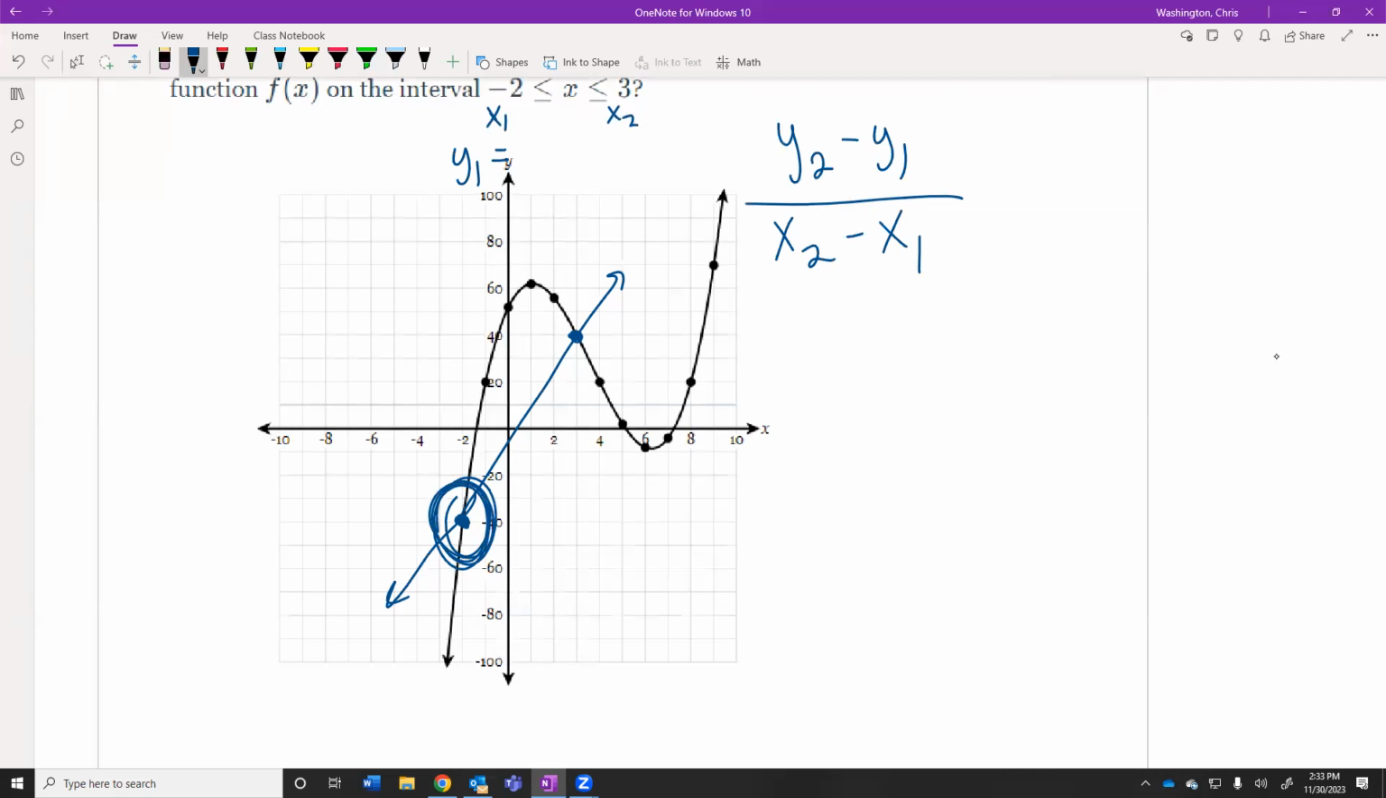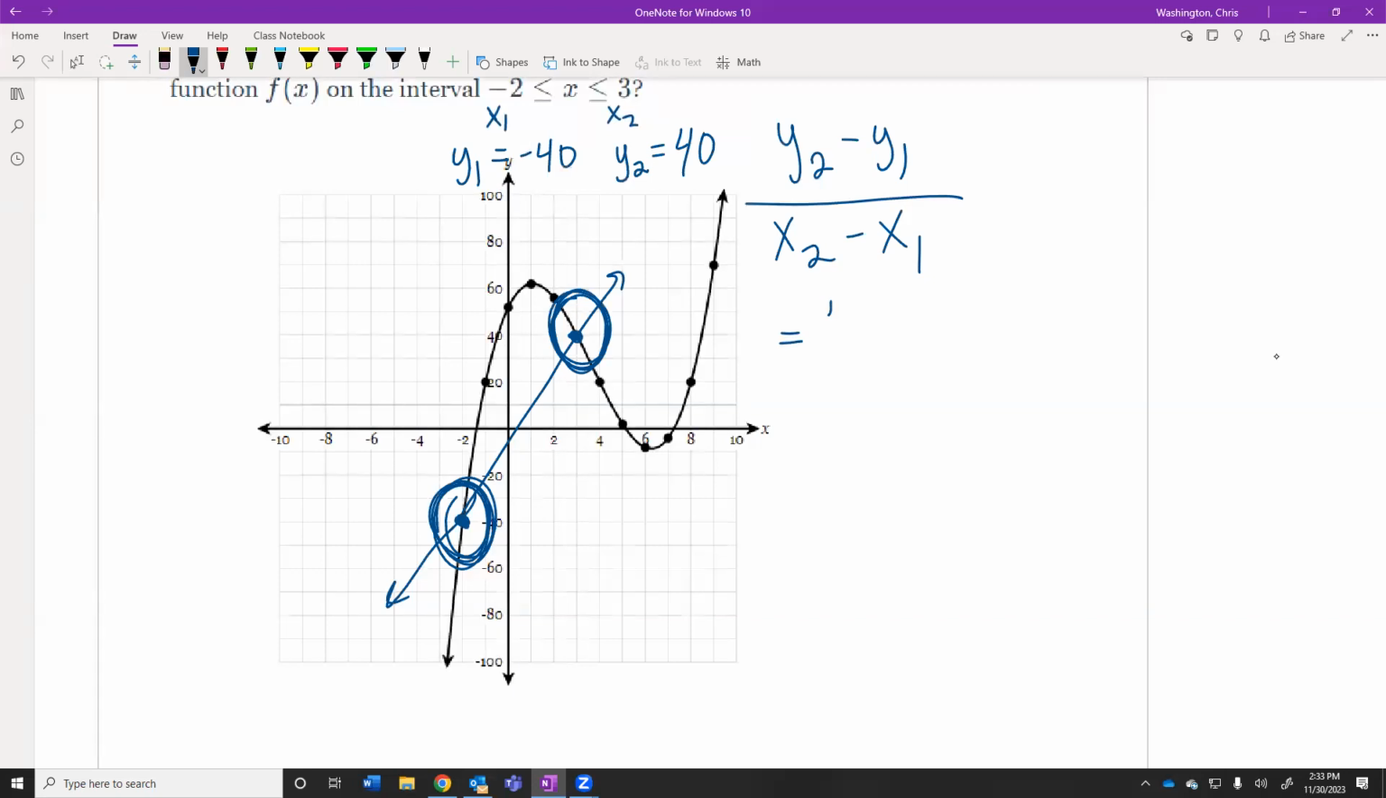If the X value is -2, what's the Y value of that point? -40. So Y1 is -40. And if X2 equals 3, what would Y2 equal? We're looking at this point over here now. That would be +40. And now if we just plug the numbers into the formula like we're supposed to, we